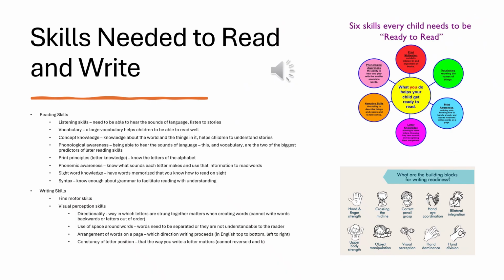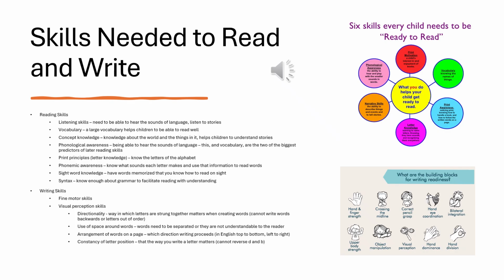So I know that there is a lot on this slide, but these are the things that children need, sort of basic behind the scenes skills that children need to be able to read and write effectively. So you can look at the little graphics to the right of the slide. One is related to writing and one is related to reading, but also to go through the text. So to be able to read well, children also need to be able to listen. So this goes back to language development. A lot of the prerequisites to being able to read well are actually language skills.